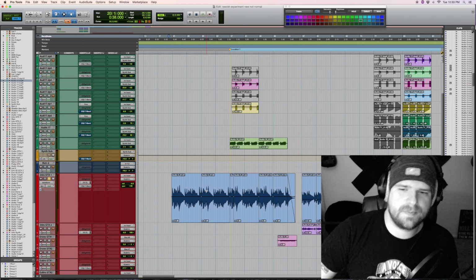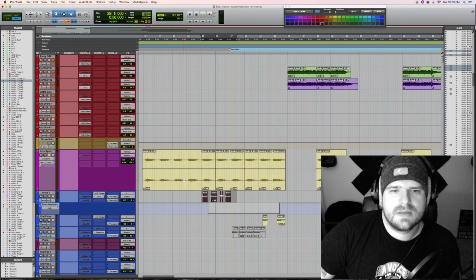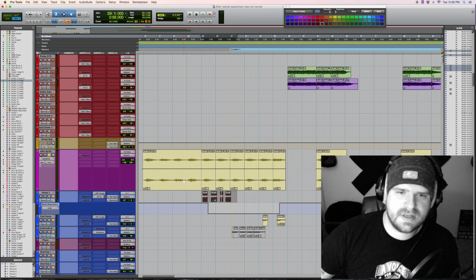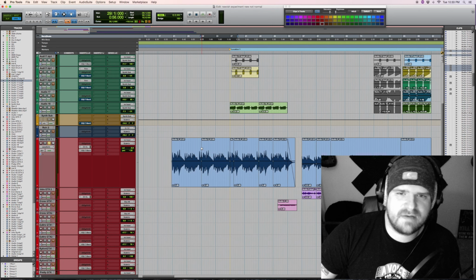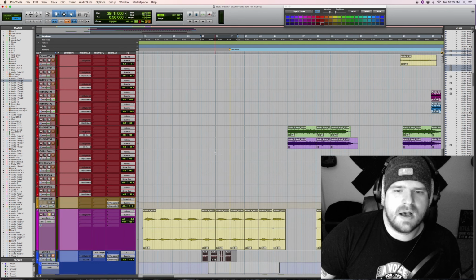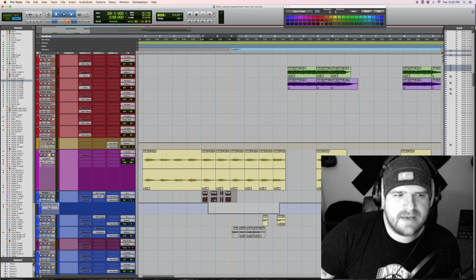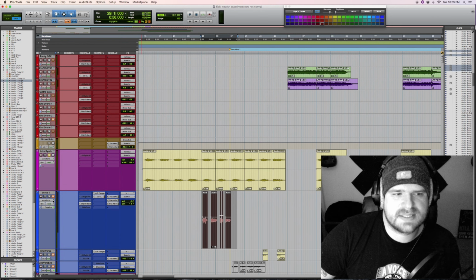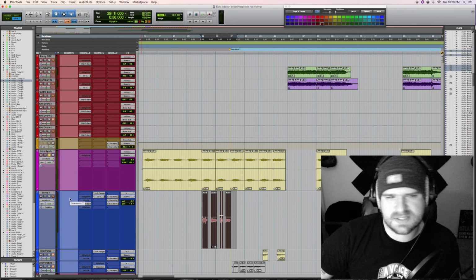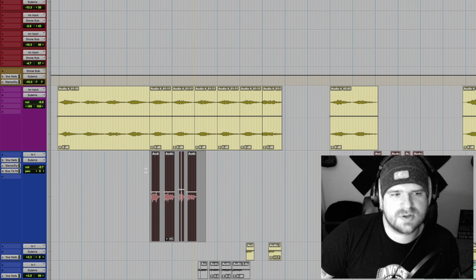Now, okay, so this is where it gets kind of confusing. So far we have the drums, we have the intro synth riff, and then we have this guitar riff right here. Let me bring up the vocals and play you what I have for that, so it can make sense as far as when I come in, when everything else comes in. These are my vocals soloed right here.